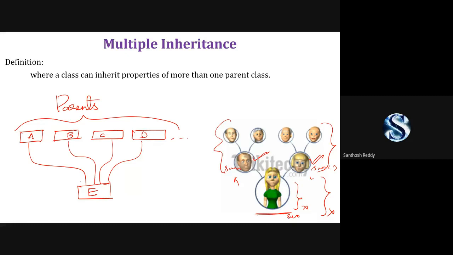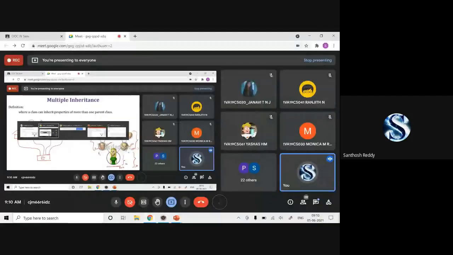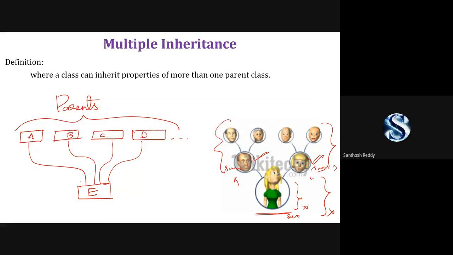Is it clear? Yes, I'm asking you people. Is it clear? See, multiple inheritance is nothing but having a number of parents and only one child. That's it. When we go for an implementation, when we have a similar method in A and C, and we extract the method from class E, we don't know from which parent we have to extract that particular method. So this is the ambiguity which occurs in multiple inheritance.